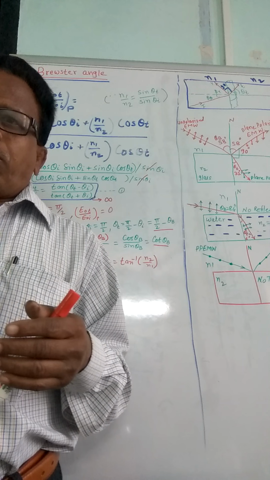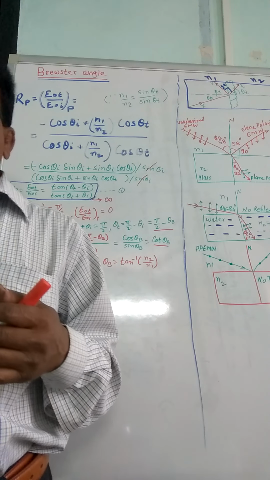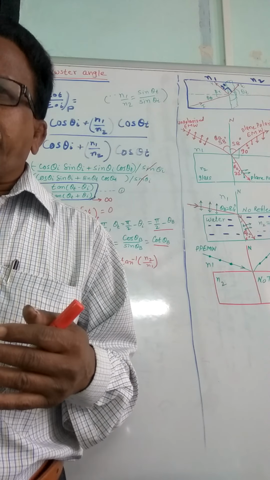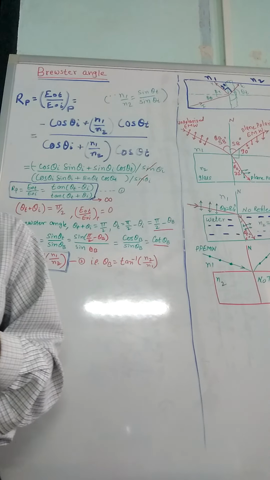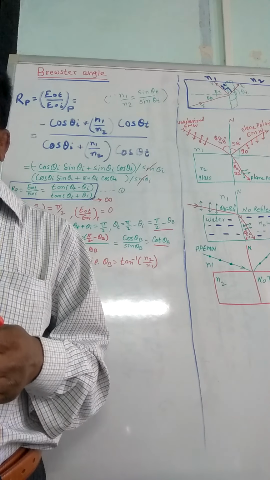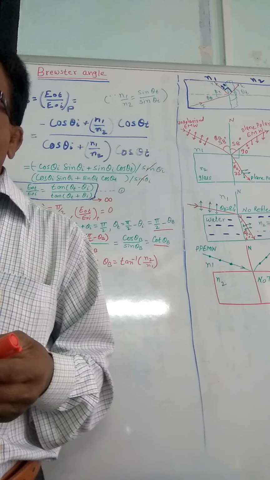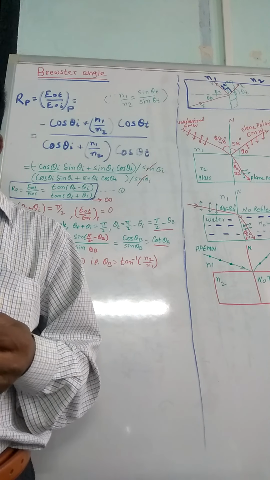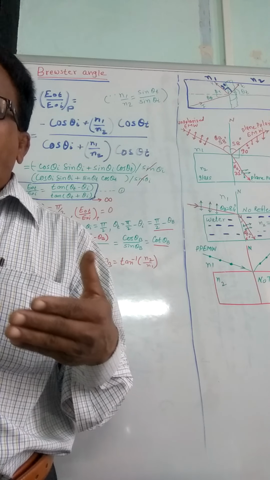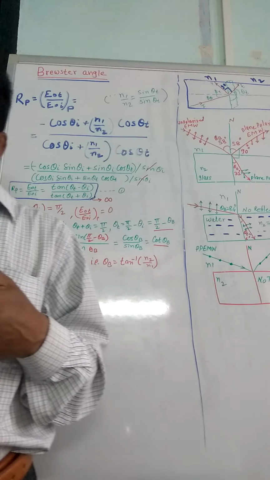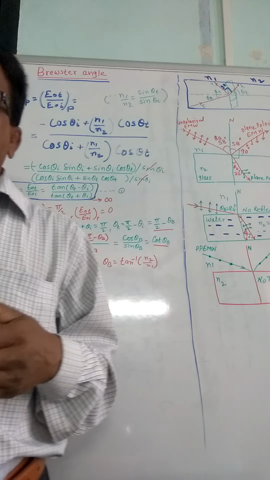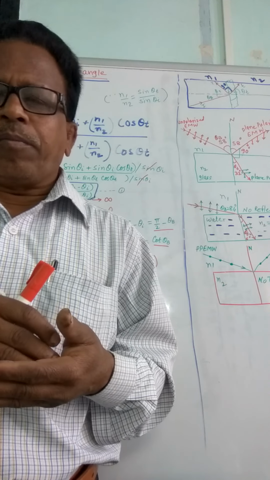It is observed that even if an unpolarized wave is incident at an angle other than the Brewster angle, there is a tendency for the reflected wave to be predominantly polarized with vibrations perpendicular to the plane of incidence. In such a case, the degree of polarization can be written as (Rn minus Rp) divided by (Rn plus Rp). This is the degree of polarization.